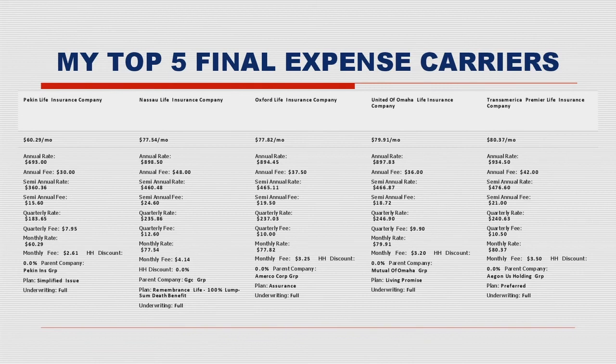Now, these comparison quotes here are based off of a 65-year-old non-smoker male, and as you can see, these are all simplified issue level policies, level quotes. Pekin, $60.29 per month. You see Nassau, $77.54, Oxford, $77.82, Mutual of Omaha, $79.91, and $80.37 for